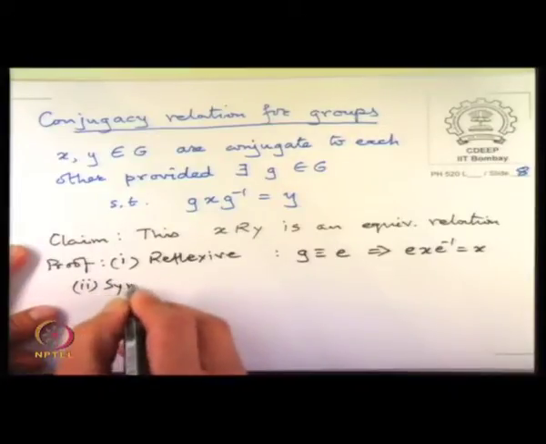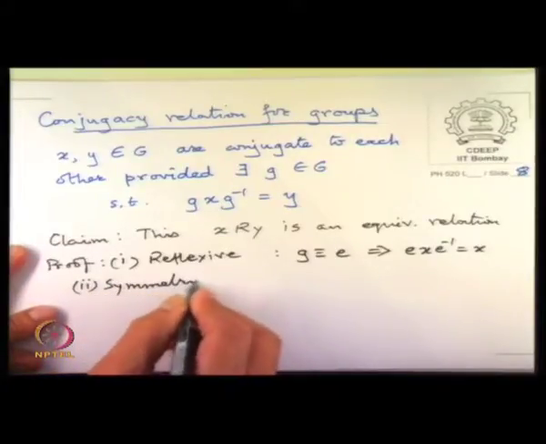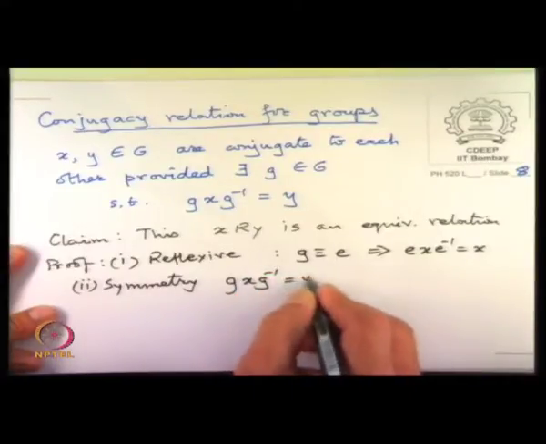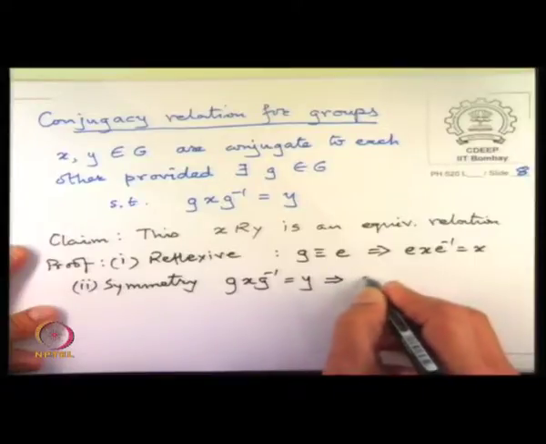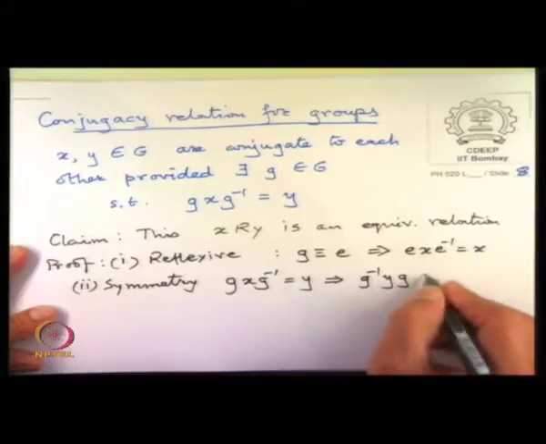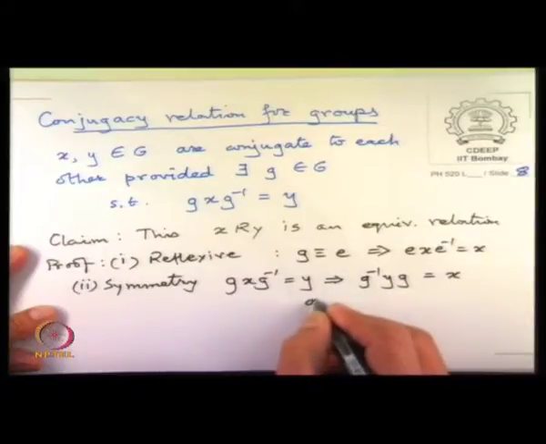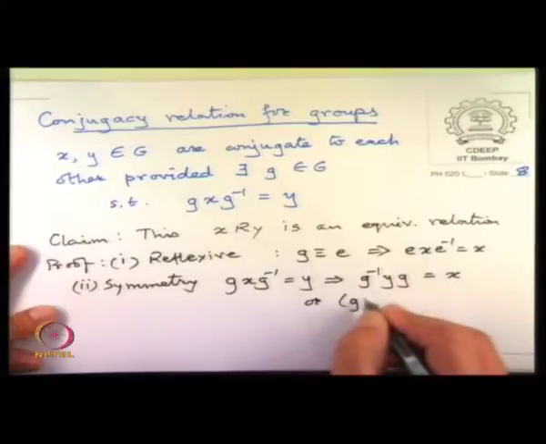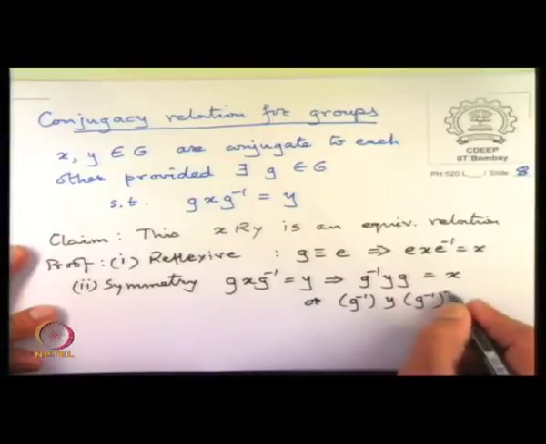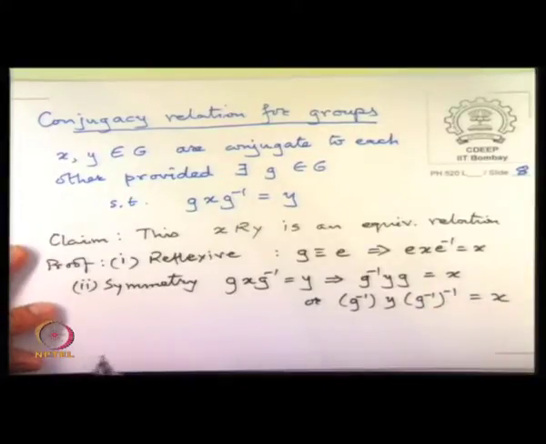Symmetry: g inverse is the required element, and for transitivity